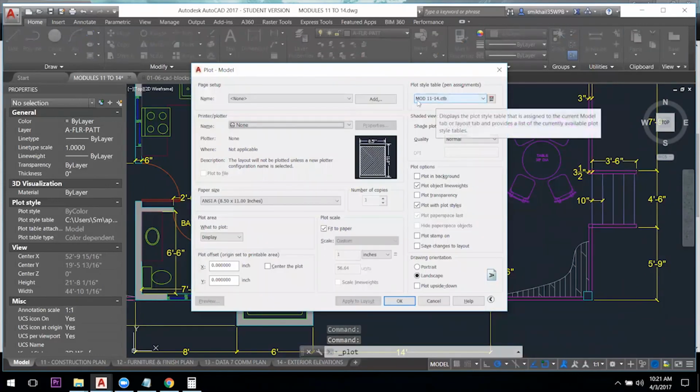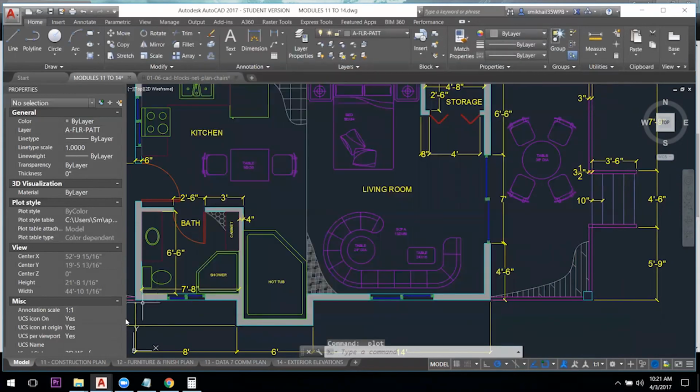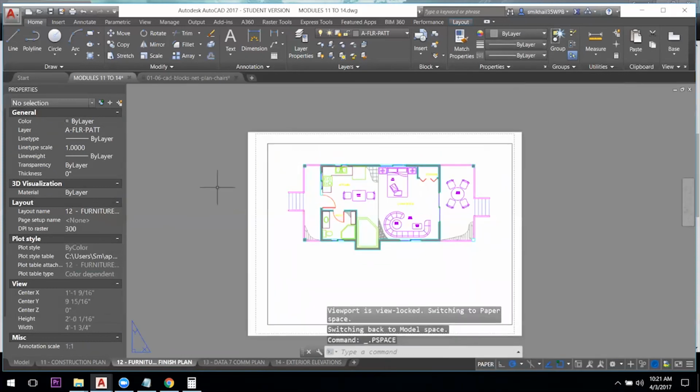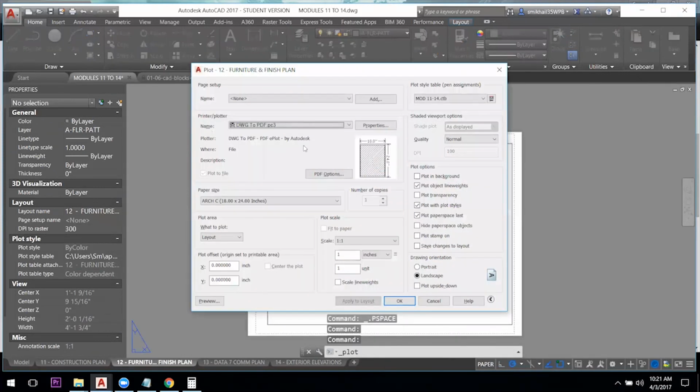I'm using the MOD 11 to 14. That's the name of the plot style that I created last session. We'll go into the furniture plan and we're going to print this to take a look at a sample. Go to print preview,